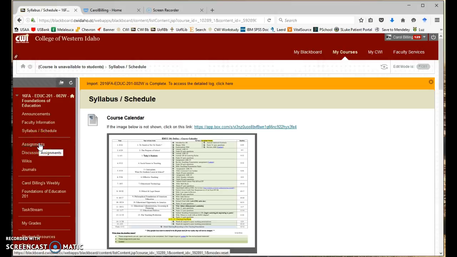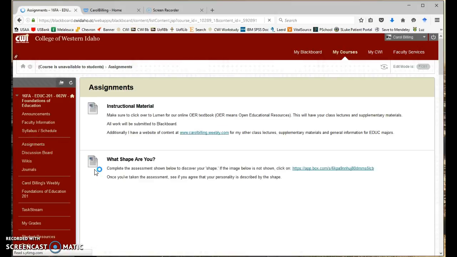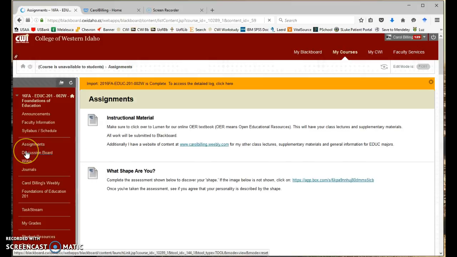And then assignments is always on top here because most of your stuff stays in here. This is sort of the home base for turning things in. Unless it's a discussion board, that would be there. A wiki is here and a journal is here. So it's kind of self-explanatory, but I have this link here